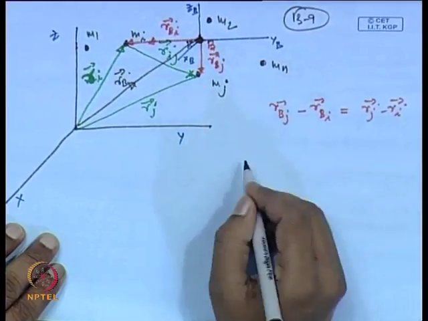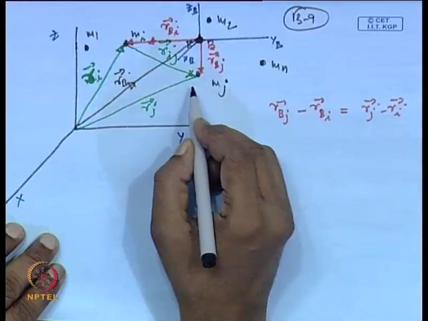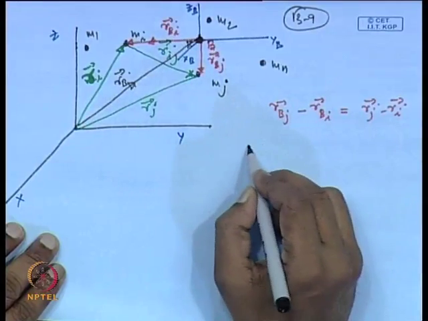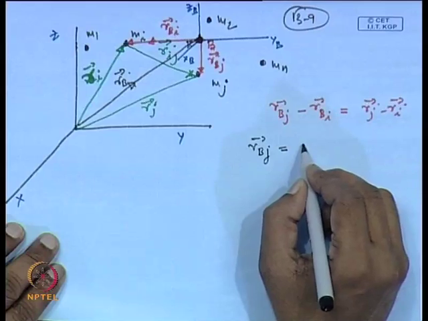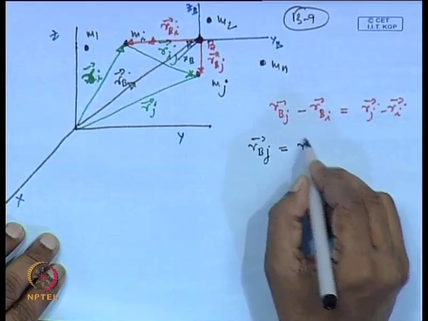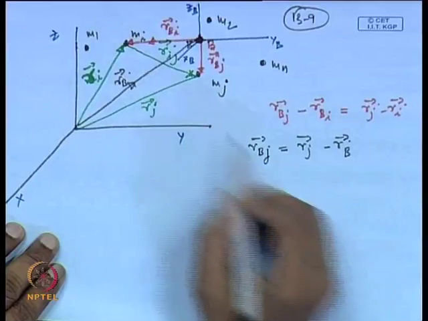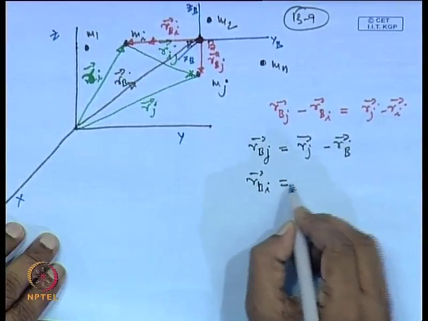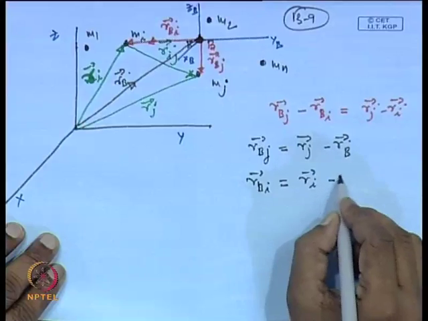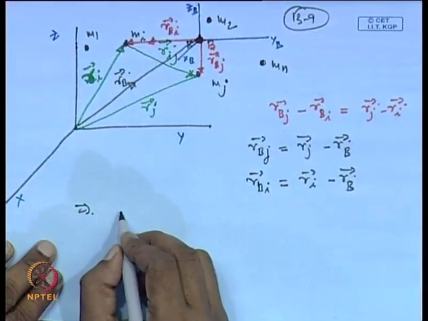So, the other way also we can write that this r b j will be nothing but r j minus r b, and similarly we can write r b I, this is nothing but r I minus r b, and therefore, this implies